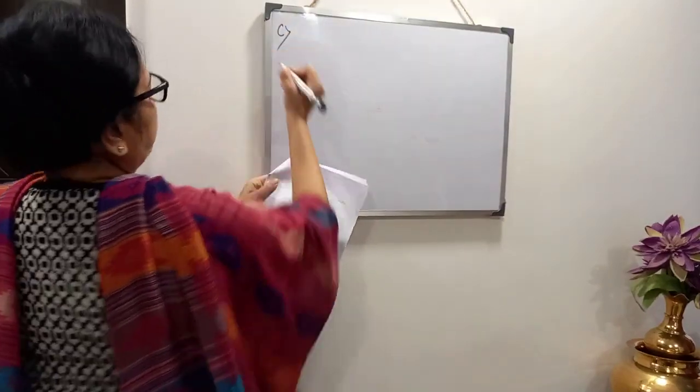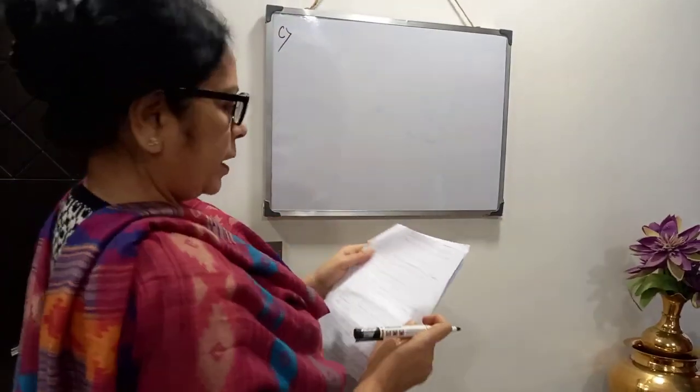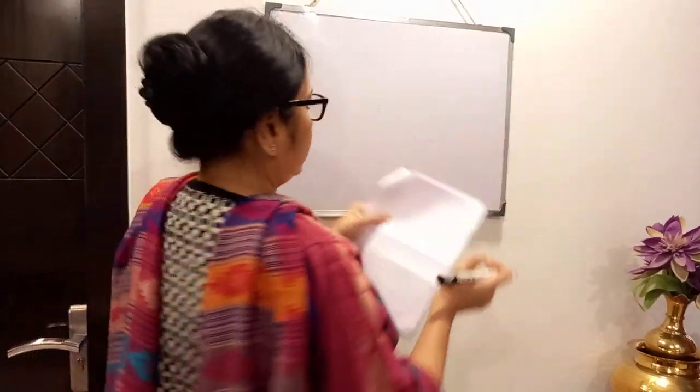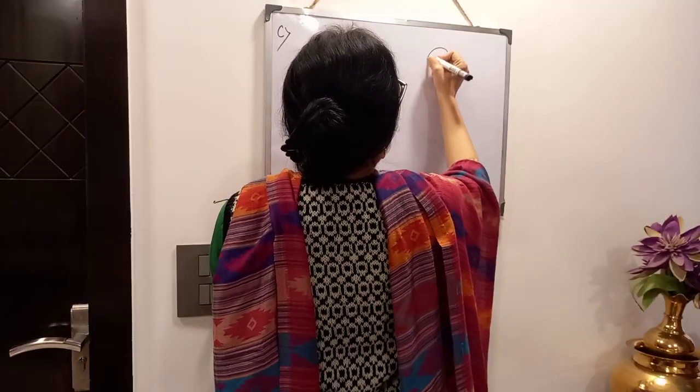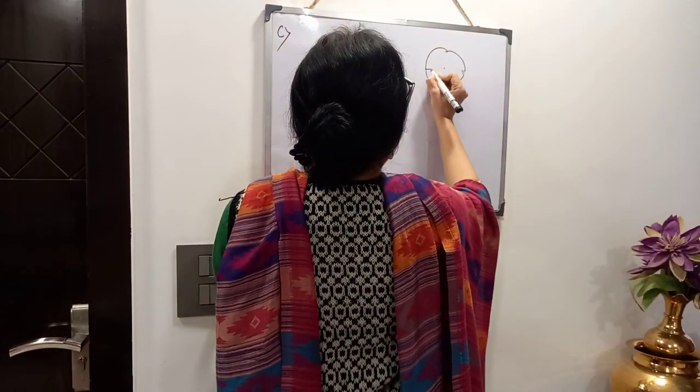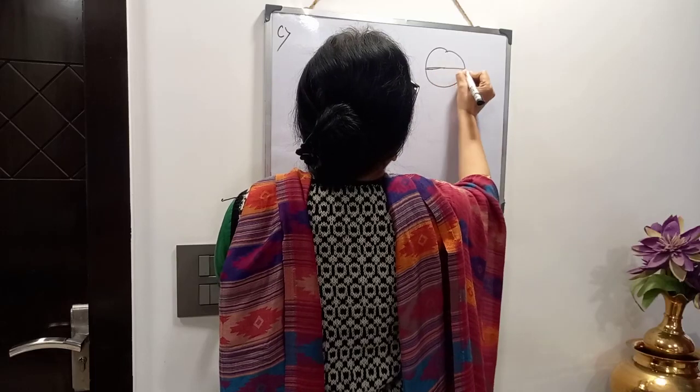Hello students, now continuation of previous video, geometry portion, cyclic quadrilateral. We had done MCQ part number B, now number C. ABCD is a cyclic quadrilateral and AB is the diameter of the circle. Okay, so our diagram will be this. This is the center, AB is the diameter.